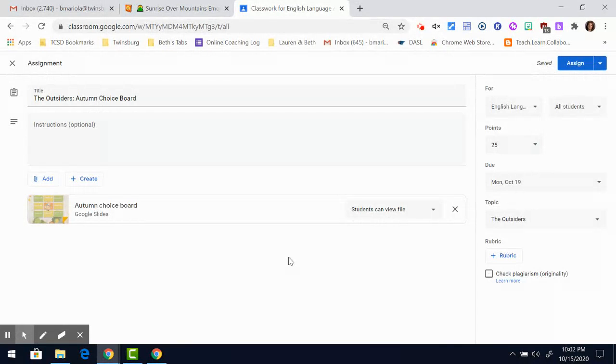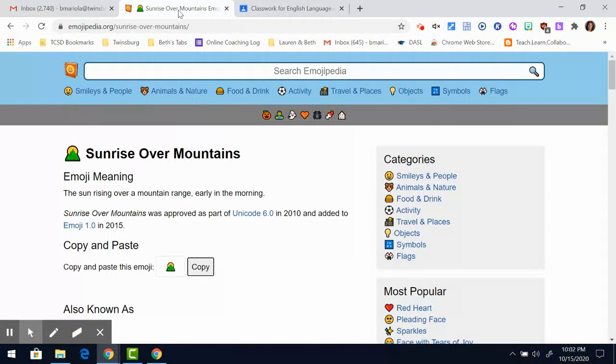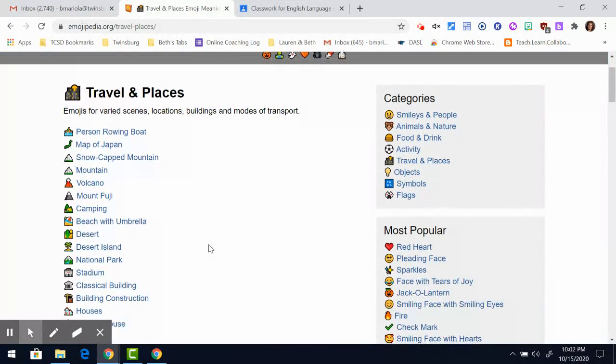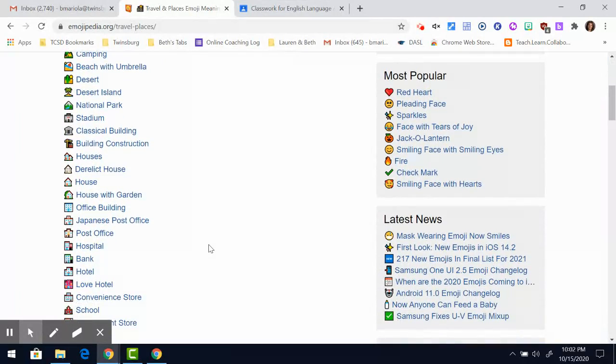But I want to show you one more way to organize. So let's say I'm differentiating between different groups within my classroom, and this particular choice board is for a group that I want to give a little icon to. So I can use emojis to do that. There is a website called emojipedia.org that has thousands of different emojis, and you can go ahead and pick one. So I'm going to go to Travel and Places, and I'm going to go ahead and choose, let's go down to, let's say,